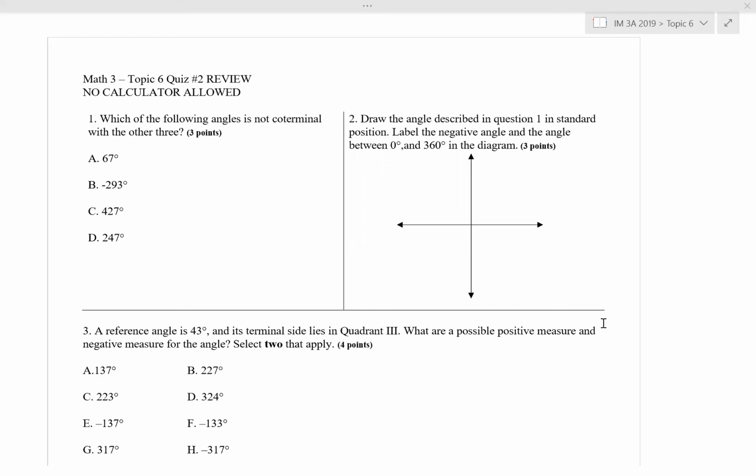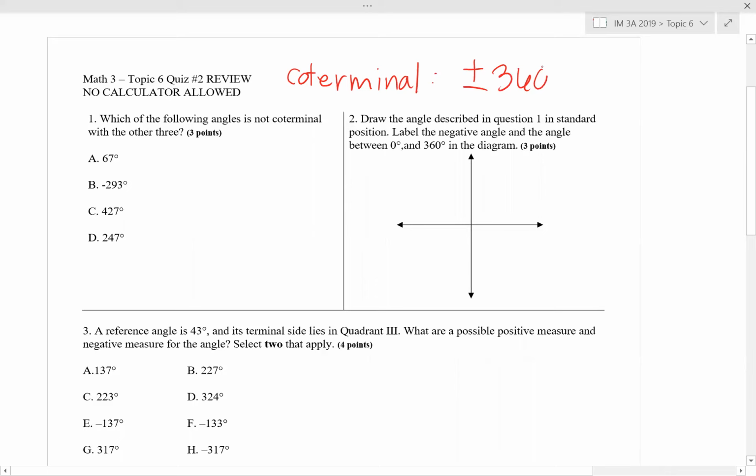So for the first 3 questions, those are coming from section 6.2, where we talked about coterminal angles and reference angles. For the first question, it's asking us which of the following angles is not coterminal with the other 3. Remember that in general, coterminal angles are a revolution away from each other, meaning that we add or subtract 360 degrees to figure out